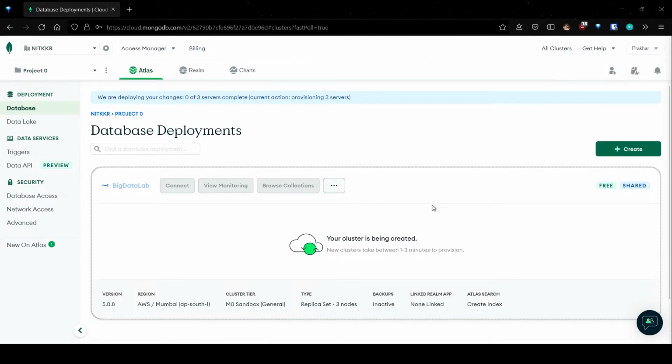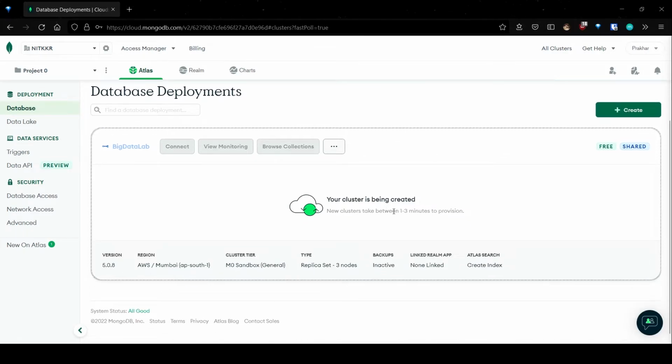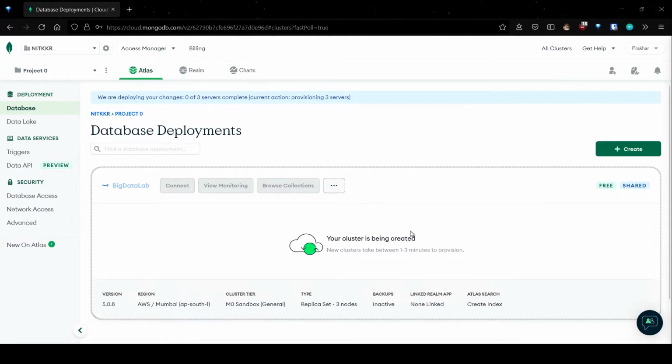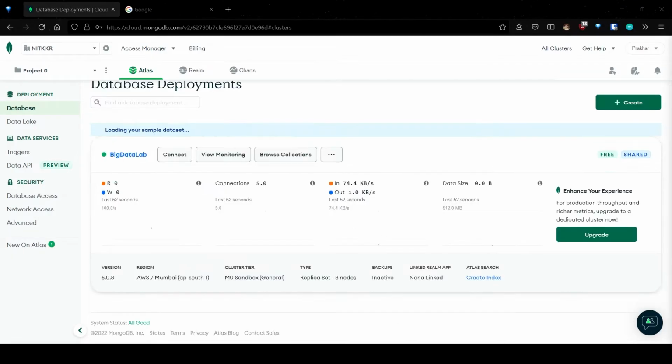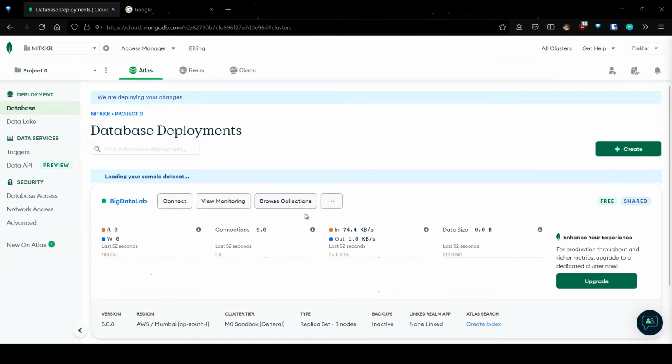In the page, you can see that our cluster is being created, and it takes 5 to 10 minutes for the cluster to be created. You can see the summary of the options you have selected down below. So let's come back when the database is created. As you can see, after the cluster is created,